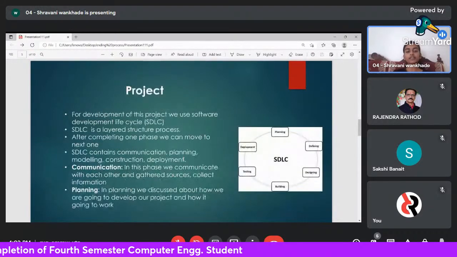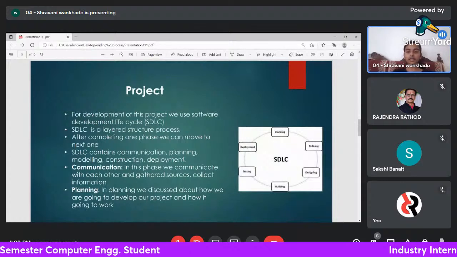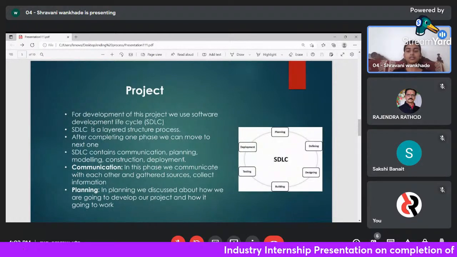So in project development, we use the software development lifecycle. There are various phases in the software development lifecycle. First is